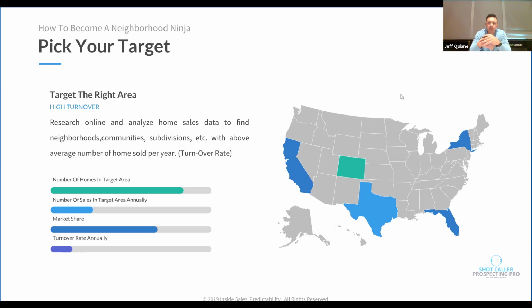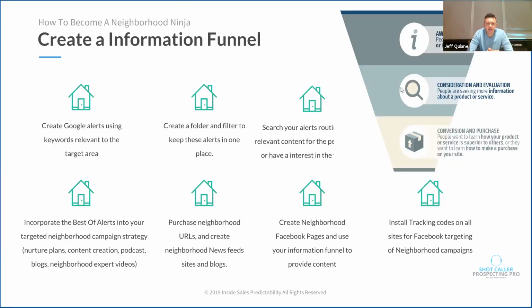The next thing I would suggest is to create an information funnel. It funnels in information relevant to the particular target area. This becomes my library for content to create. It becomes the juice when I'm making a call to a nurturer and I've talked to them three or four times and I don't just want to say, are you ready to meet yet? This information funnel will give you subject matter to create a conversation around.